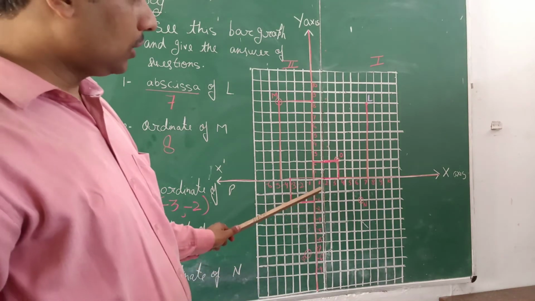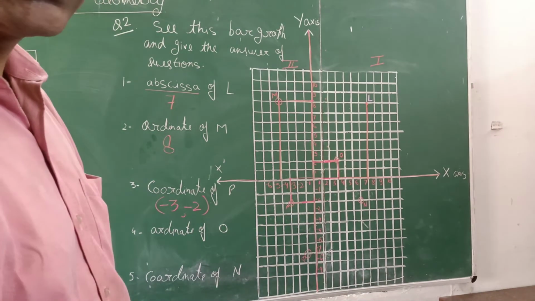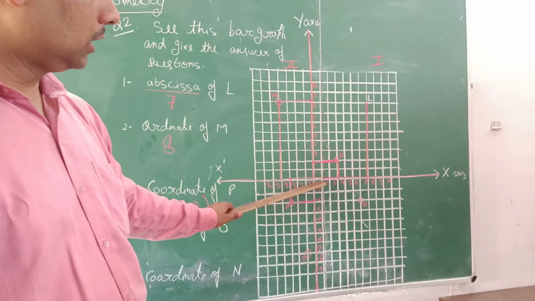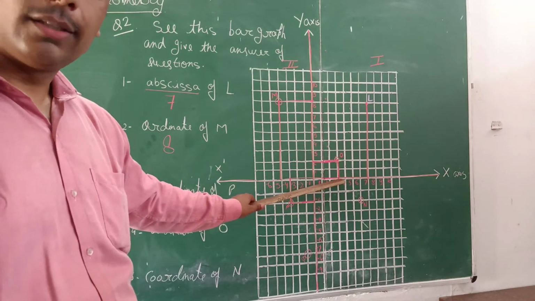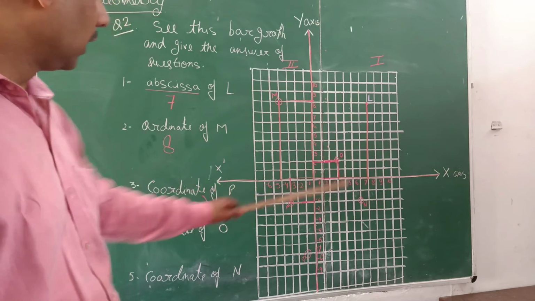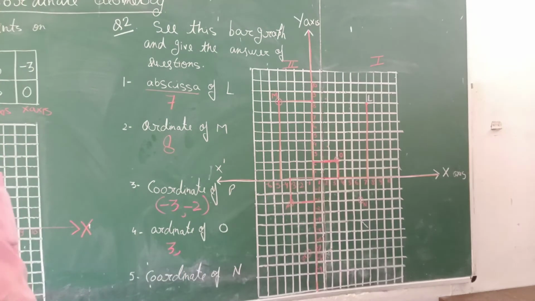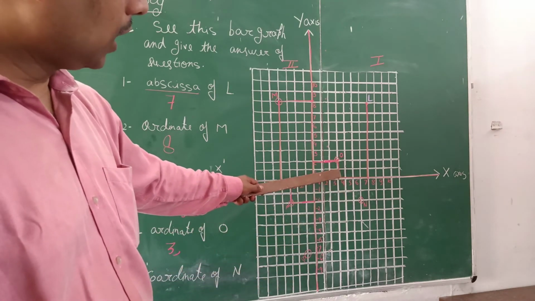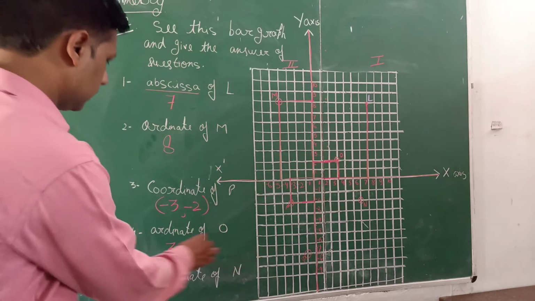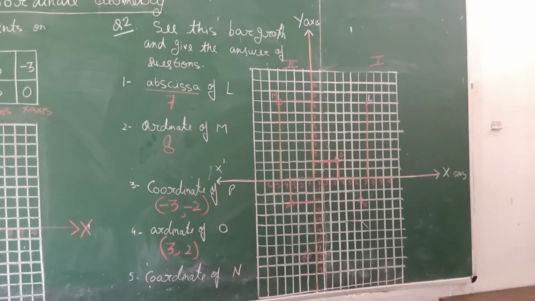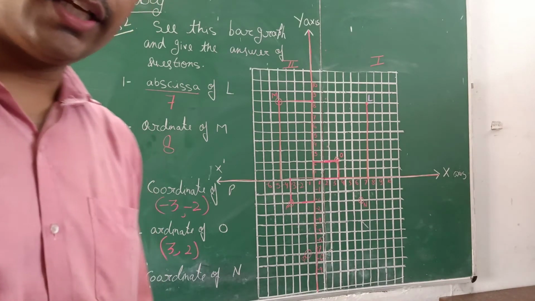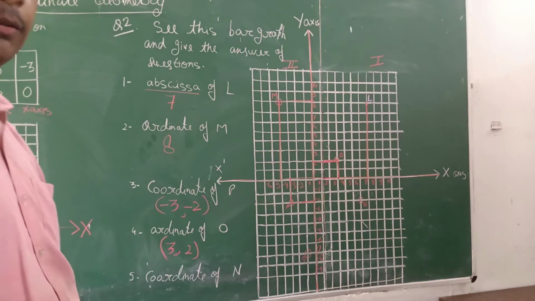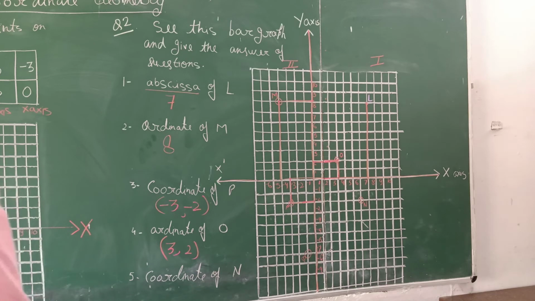Okay. Now count it. First, measure the distance on the x-axis of the perpendicular line. It is 1, 2, 3. Okay. So the distance is 3 on the x-axis. We write it first and then calculate it on the y-axis. 1, 2. It is both positive. You know very well why we are taking positive signs here? Because this point lies in the first quadrant, positive x and positive y.